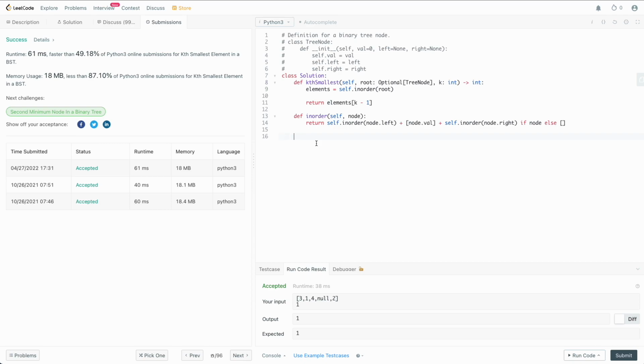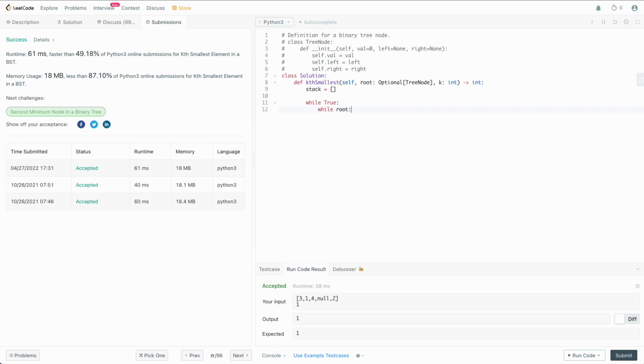So let's take a step back and actually write the code for the iterative in-order solution. So to do that, we're going to need a stack. So we're going to define our stack here. And now we need to process our tree and basically find that kth smallest element. So what we're going to do is we're going to say while true, and we're always going to break out of this, so we don't have to worry about the infinite loop that we're basically writing here. So we're going to say while true, we're going to say while we have a root,